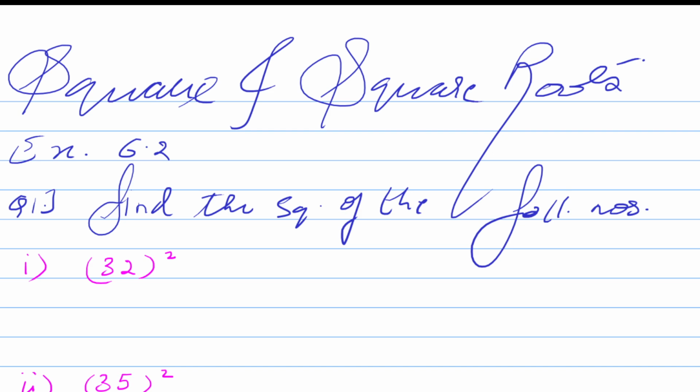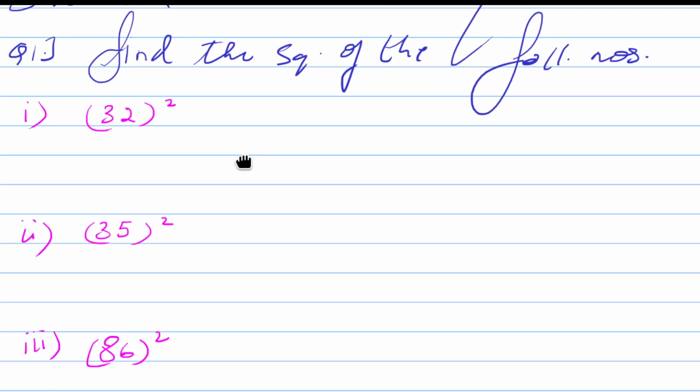Hello. In today's session of squares and square roots, we are going to learn how to find the squares of bigger numbers without actually multiplying the number with itself. Okay. So the first question is 32 square. Many of you must have memorized your squares till 12, 15, maximum 20, but 32 is a big number. So how will we find the square of 32 and numbers like that?